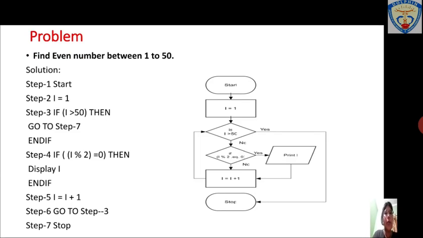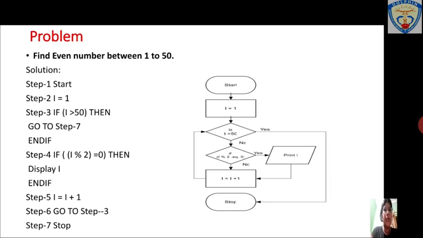Next is a problem about printing the even numbers between 1 to 50. 4 is an even number, whereas 5 is an odd number. Starting from the beginning, you have to give the initial value to I. If you are finding the numbers between 1 and 50, you have to initialize your variable, so I is equal to 1.